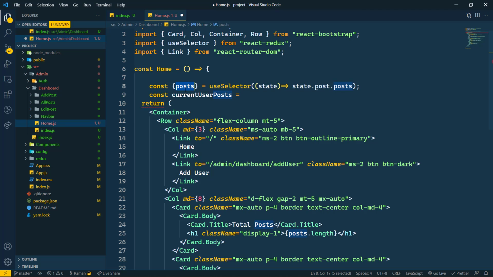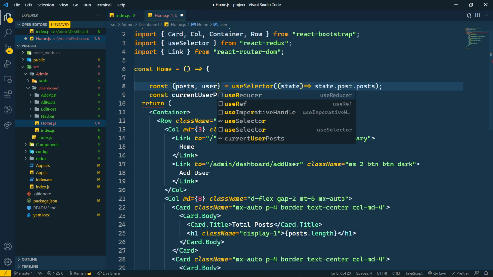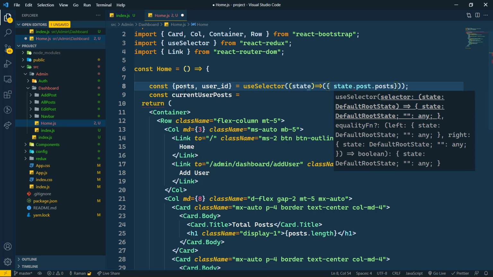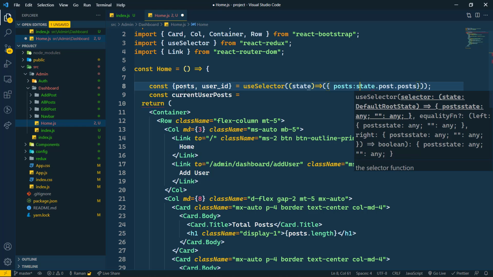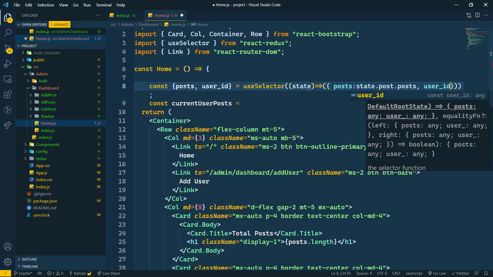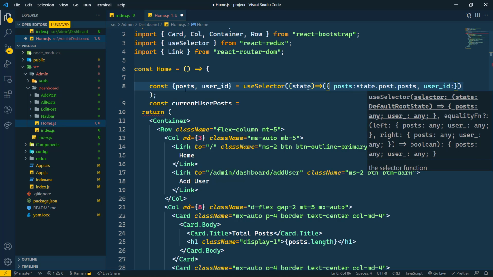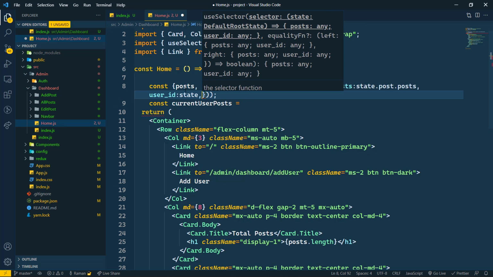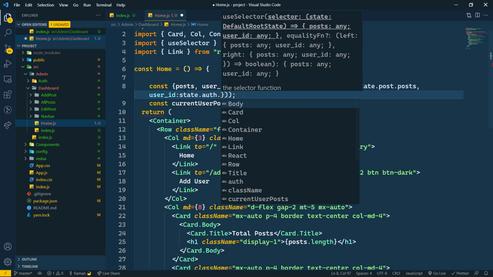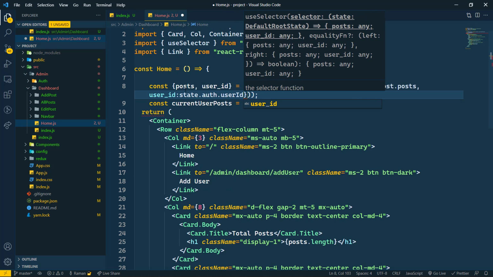For that we also need the user, so here I'm going to use destructuring, and we actually need the user ID. So here I'm going to change it to an object, it is returning us an object. First of all it will be post, and the second thing it will return will be the user ID, and that user ID will be from state dot auth dot, and the last thing will be user ID.